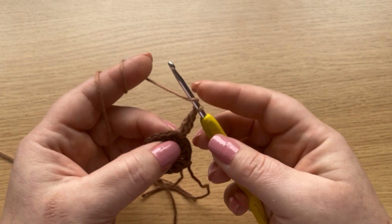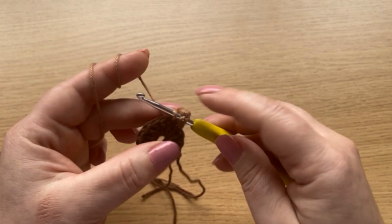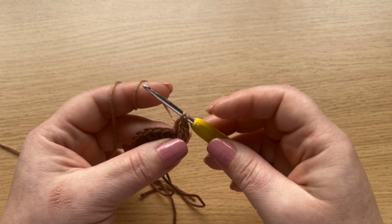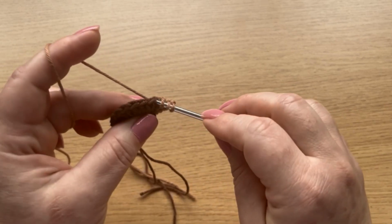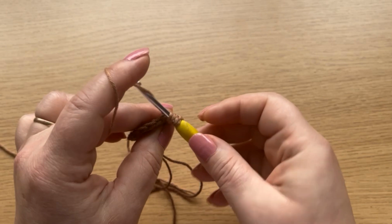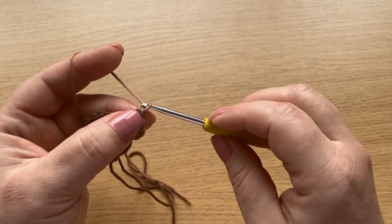the next stitch. Yarn over, put the hook through the stitch, yarn over, grab the yarn. We have 3 loops on the hook, yarn over, pull through 2, and we stop. We don't finish the double crochet. Yarn over, we'll start another double crochet. Yarn over, pull through the stitch. We have 4 loops on the hook, yarn over, pull through 2, yarn over, pull through all 3, chain 1,